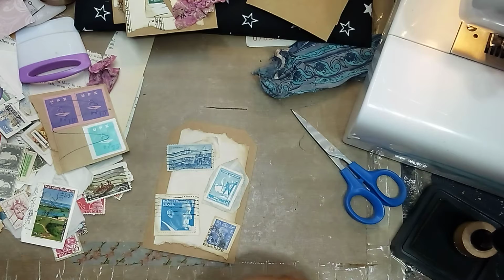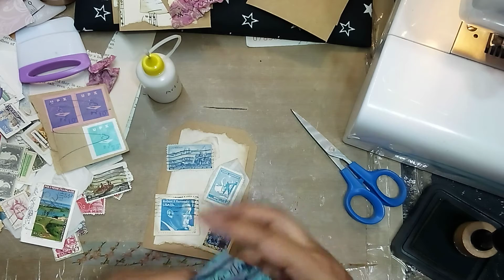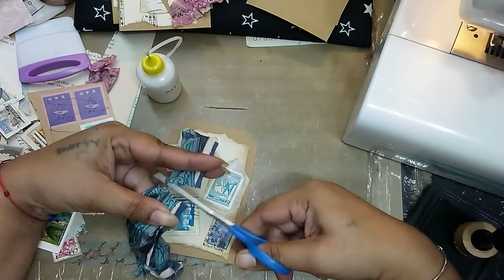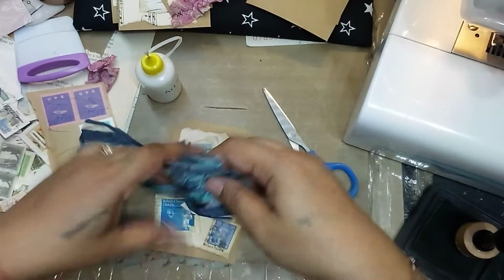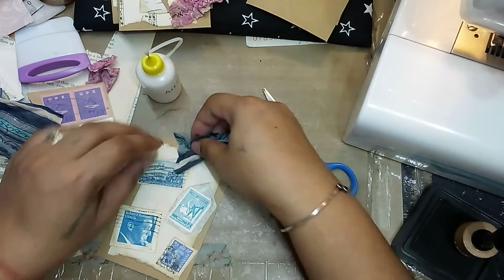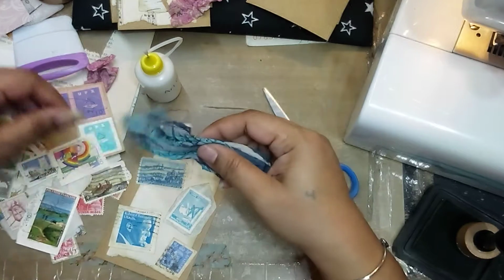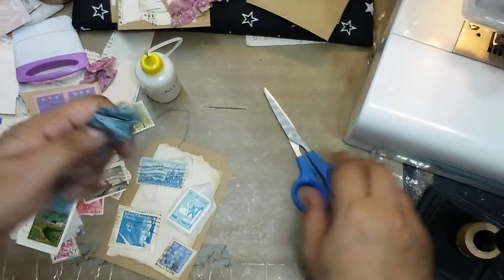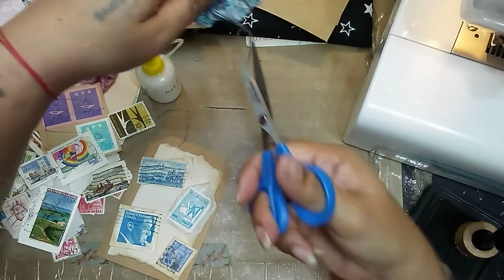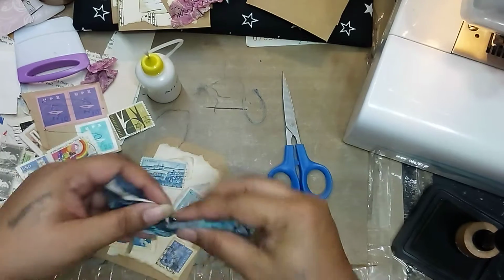Now I'm going to see how I want to do this. I think I'm just going to cut a little bit off and just sort of gather it up right here. Oh, you know what? Actually, I wanted it bigger. Take the strings off because we're going to save the strings. And just cut those, cut that, cut that. Okay. So maybe